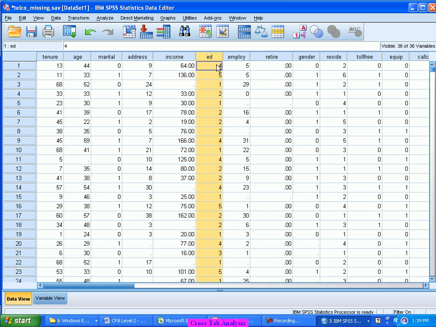So what we are going to test typically when we bring in two variables together at a time